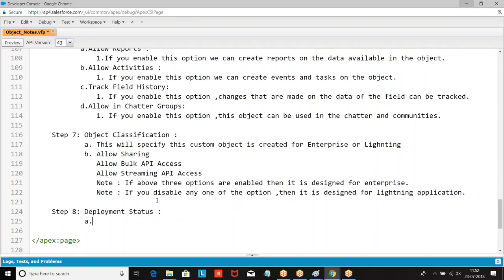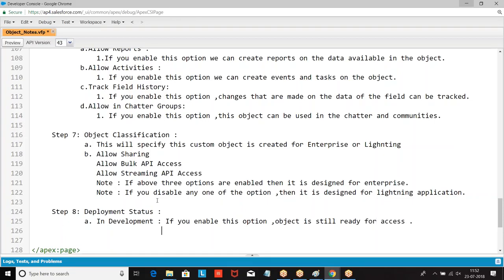If I say in development, if you enable this option, the object is still not ready for deployment or access, and this object can be accessed only by admin.